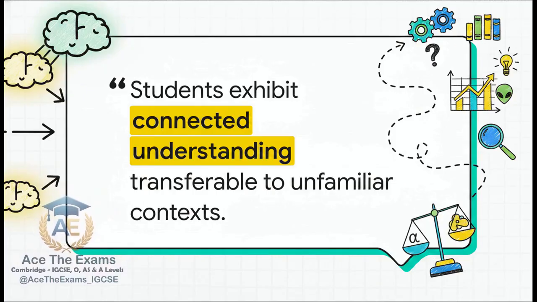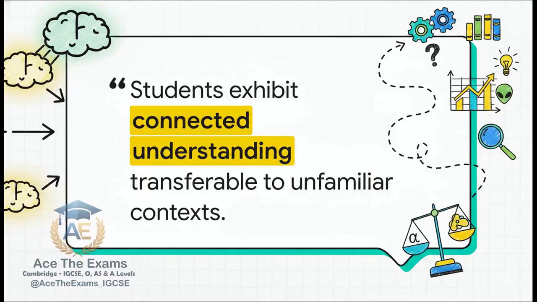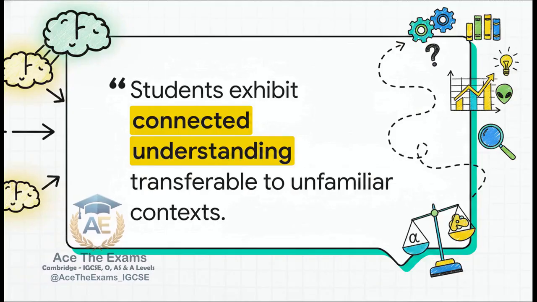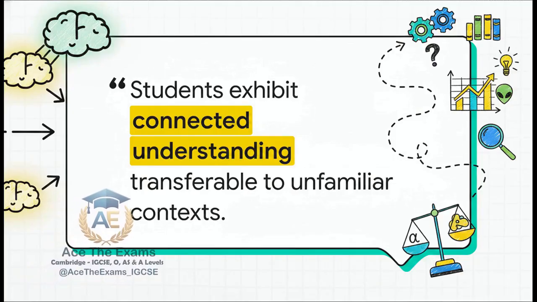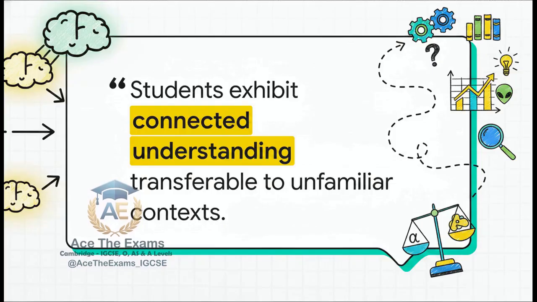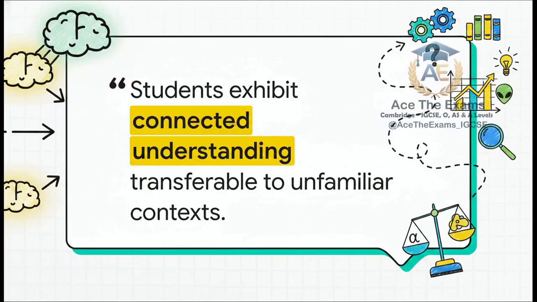Rote memorization is basically just reading a recipe, and that simply isn't enough anymore. You can't just memorize a formula for a normal distribution or a binomial test and expect an A-star. Examiners are actively looking for your ability to take the theoretical concepts of significance levels and apply them to completely unfamiliar, sometimes bizarre, real-world problems. When the ingredients change, you still have to know how to cook.